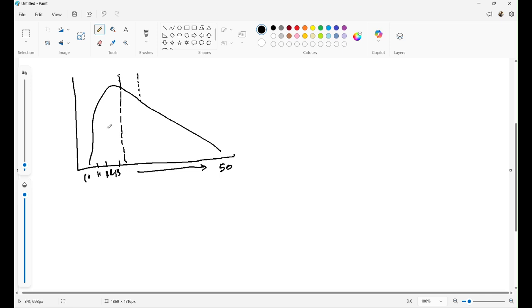Okay, so this is going to be your mean value. But if you are asked to calculate the median value of this, then what you look at is, this is my sorted data set. Let's assume that this is a sorted data set, and then I'm going to find the middle value here. So this is going to be your middle value, so this is going to be your median value